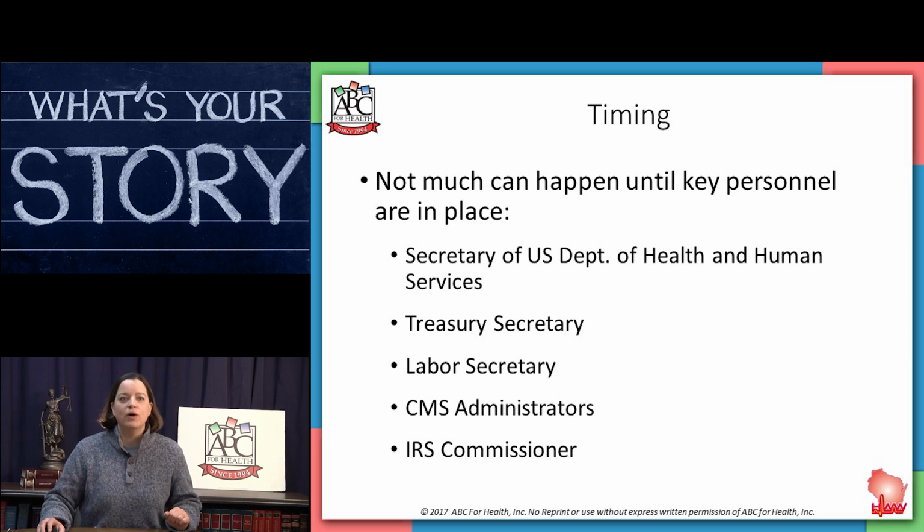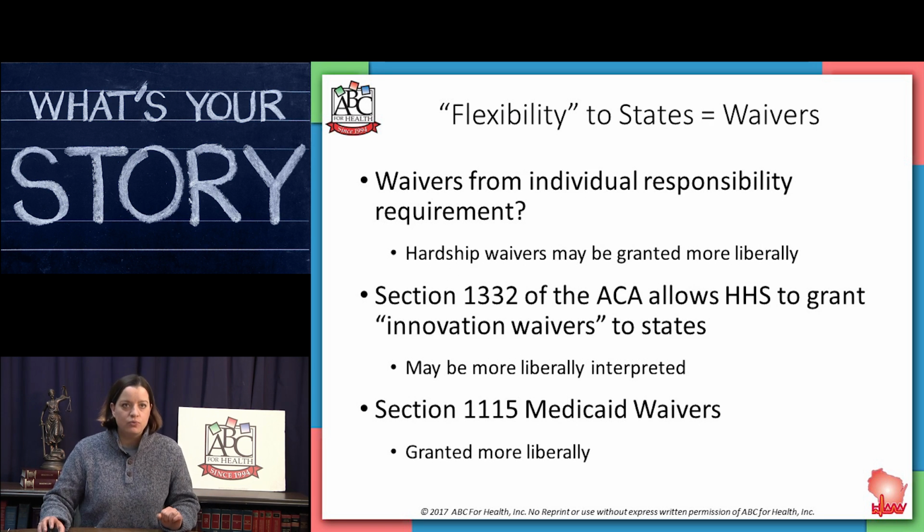Second, let's look at what more of this flexibility would actually look like. When agencies are supposed to defer to some of the state actions and give them a little bit of flexibility and a break on the burden of cost, this could translate into what are frequently termed waivers to the states. Now, there are a couple different waivers we're talking about. Let's start first with the individual responsibility requirement. Right now, everybody has to purchase insurance or have minimum essential health coverage or pay a penalty. This is the individual mandate provision of the Affordable Care Act.